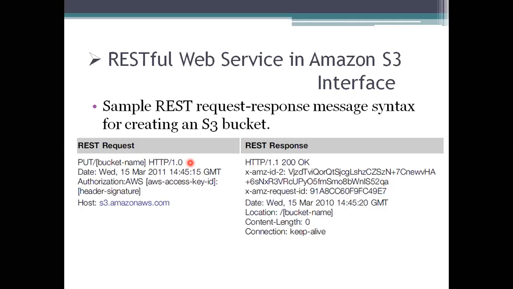So here it is providing the data as okay, that it has been created, and it is giving the status as 200 here. And it is providing some information, which is encrypted, as a key here. And you have made a request here, so the request ID has been given as 49E7, ending with that one. This has been requested on the 15th March 2010 at that time GMT. And where it has been requested, we will specify the bucket name there. The bucket name can be any representation there.